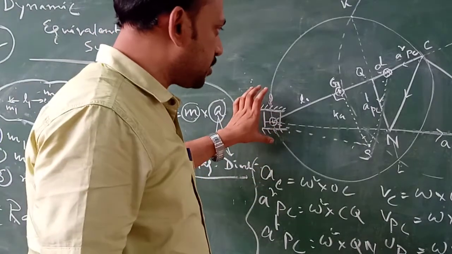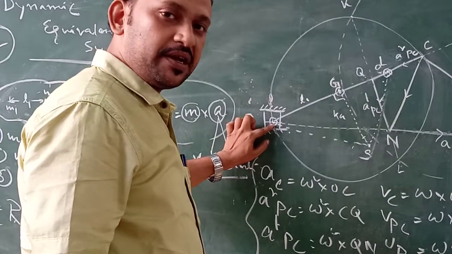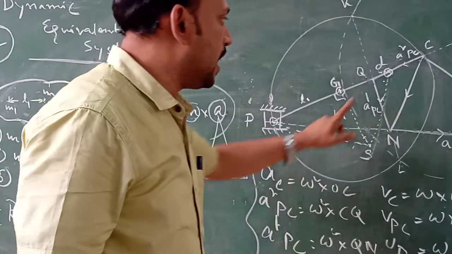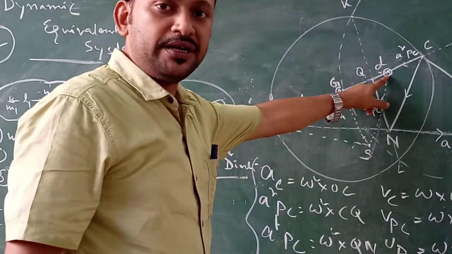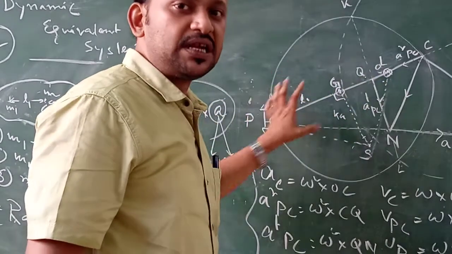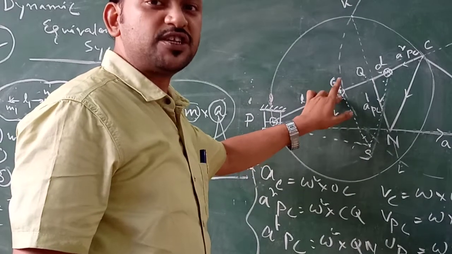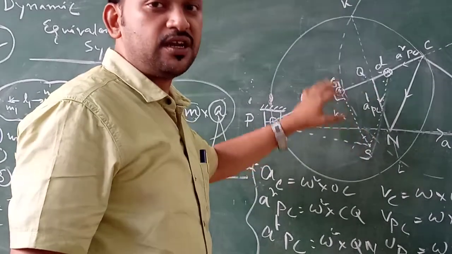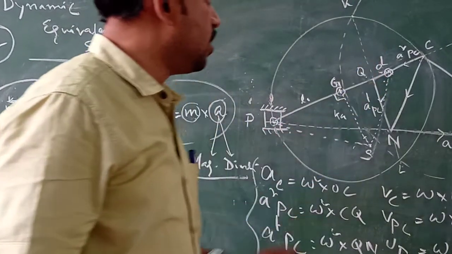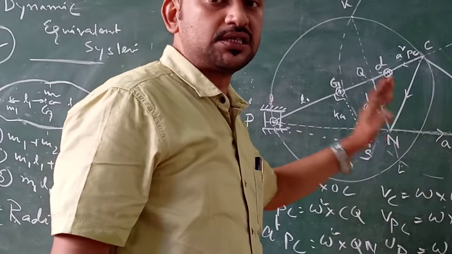As per the basic notion, we have to assume that whatever mass is there at the point P will be responsible for translational motion, and whatever mass is there at the point D will be responsible for rotational motion. And the resultant of both of these is actually at the point G, which is responsible for a combined motion. Now with the help of this, we have to find out the direction of the inertia force acting on the system.